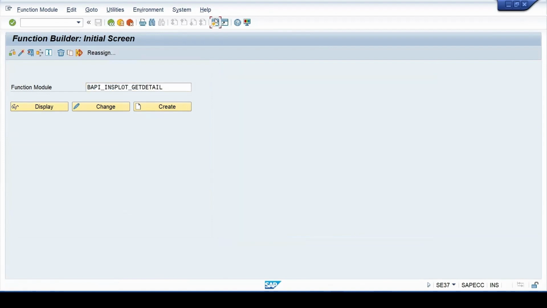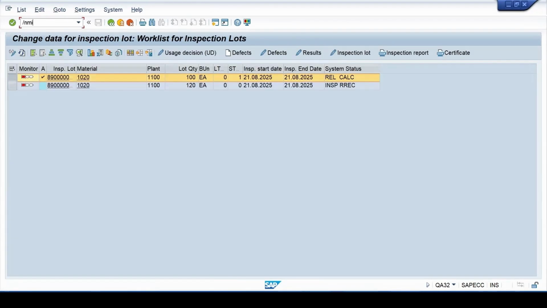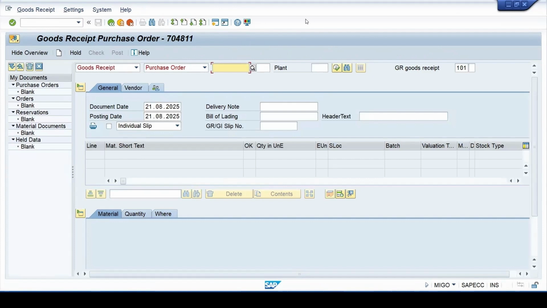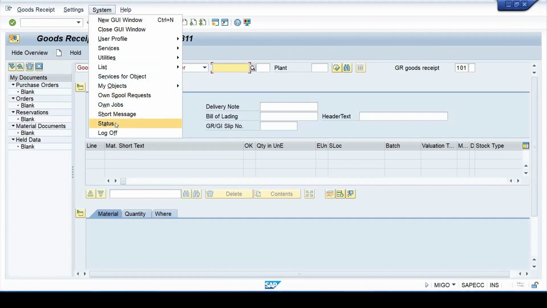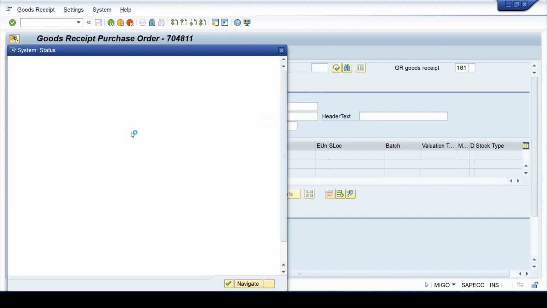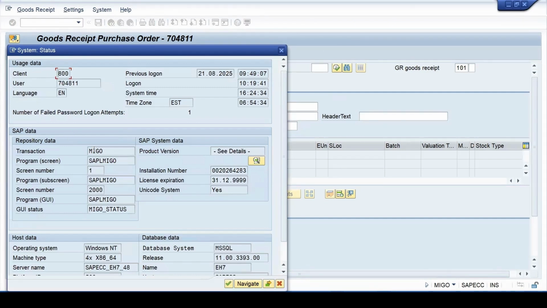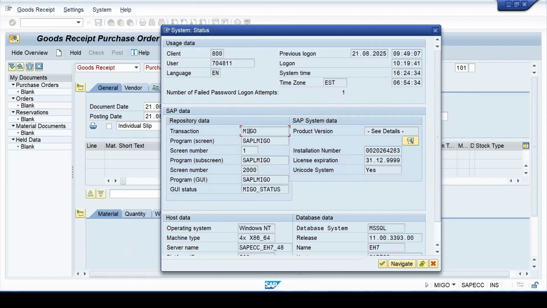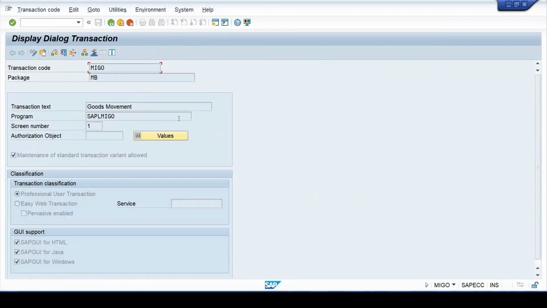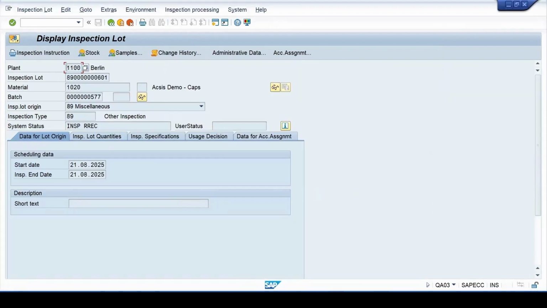Suppose I want to check the package for MIGO. Let me go to MIGO. Here in System and then Status, you will get the transaction name MIGO. If you double click on this transaction, it will give you the package. So it is MB. Even in QM, you know that for UD it is different.